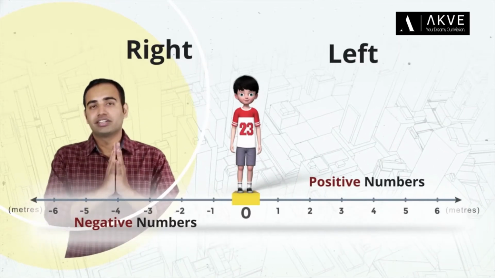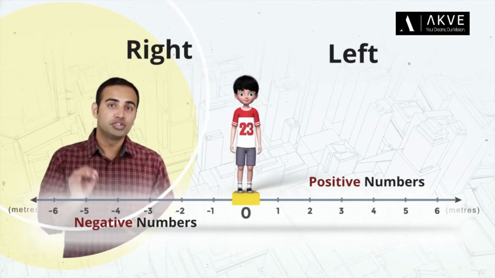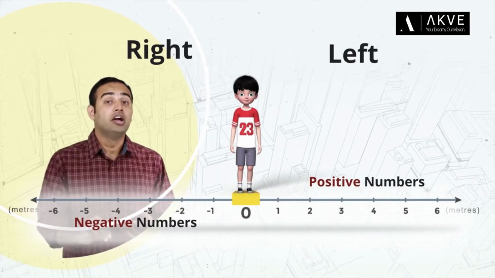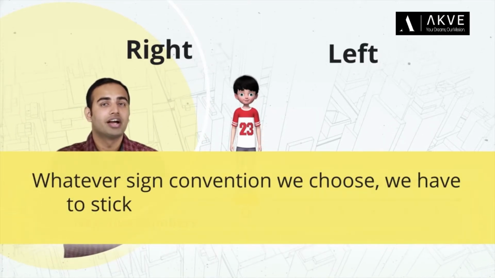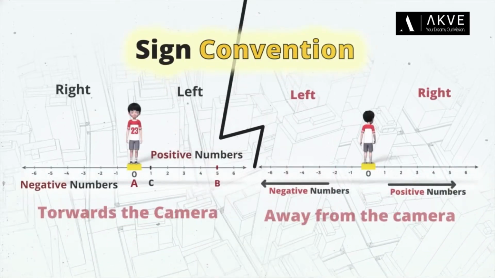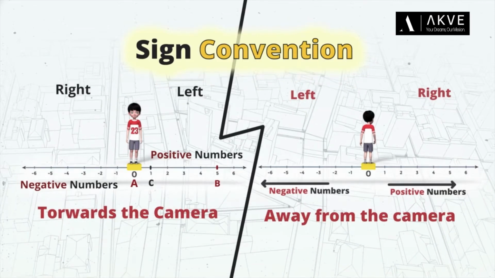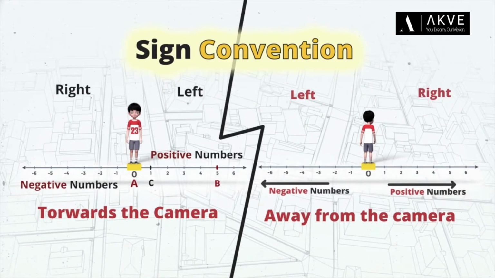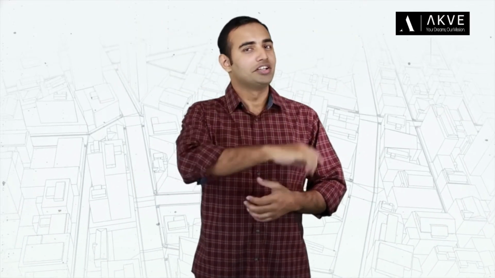So from this we understand that based on the problem presented in front of us, we choose the sign convention right there. But whatever sign convention we choose, we have to stick to it until the problem finishes. In my personal experience, I have seen several new learners of physics making mistakes with the sign convention. They often unknowingly change the sign convention in the middle of the problem, due to which they get the exact opposite result as expected. So let me tell you a pro tip early on.